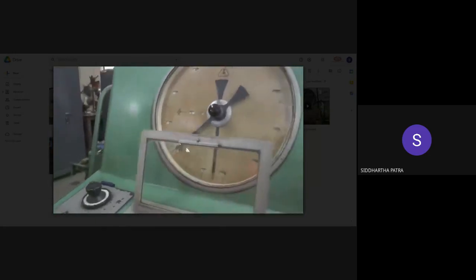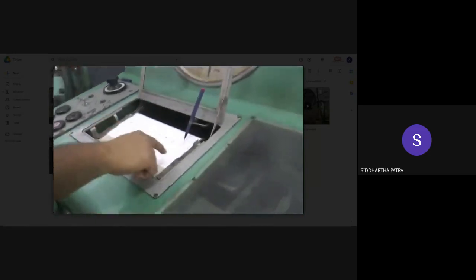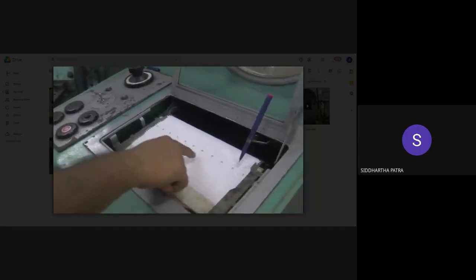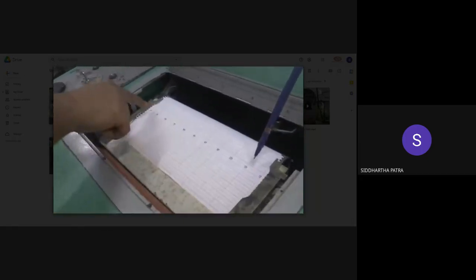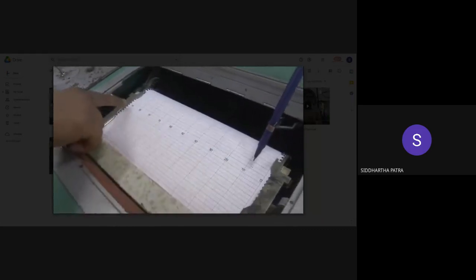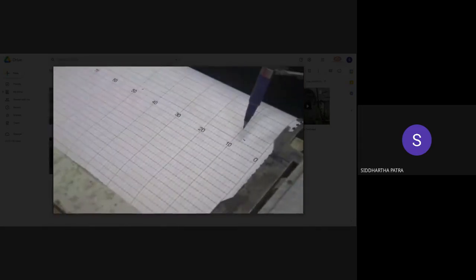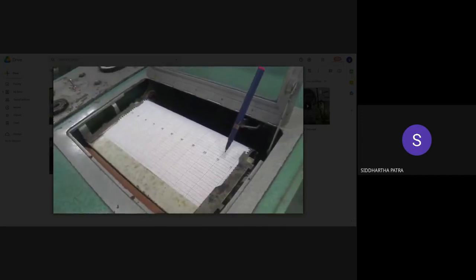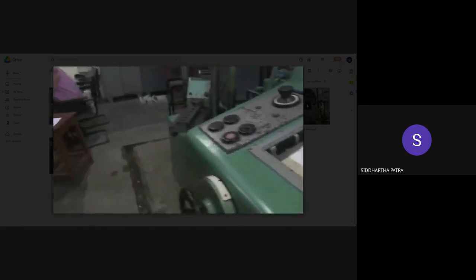Not only that, here we would be actually plotting a graph. As the loading happens, we would also be generating a graph. The y-axis is basically the load in kilonewton. You see the maximum value is 100 kilonewton, and the x-axis, so it would be rolling in this way, would be your elongation. So the load versus deflection curve we will also generate through this graph as well. So now we'll attach the extensometer.